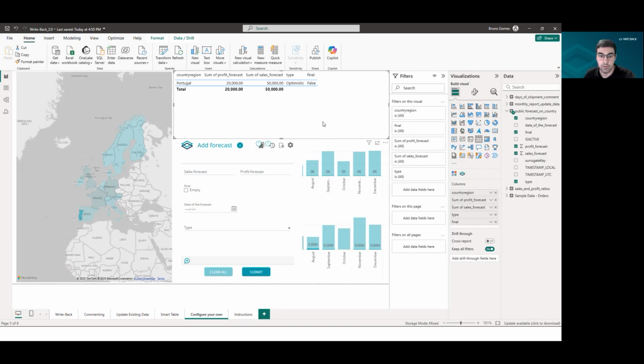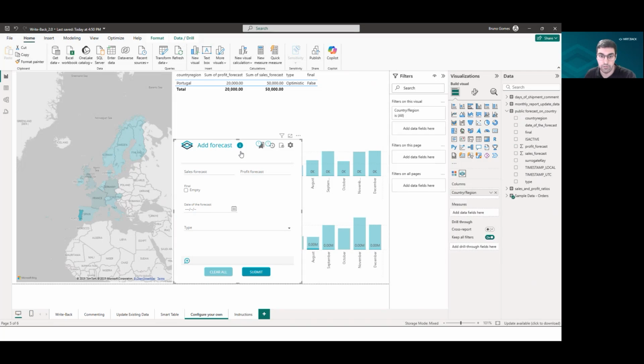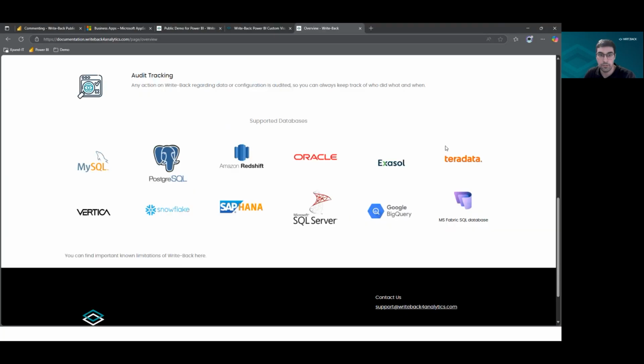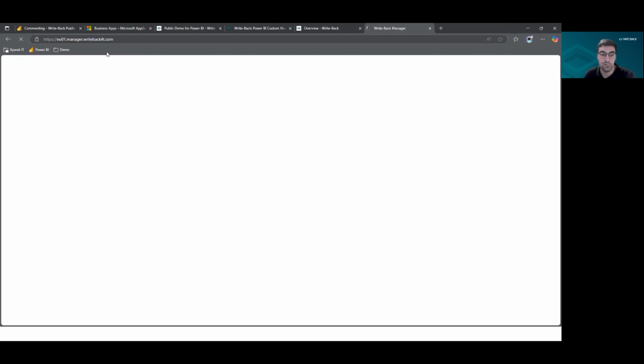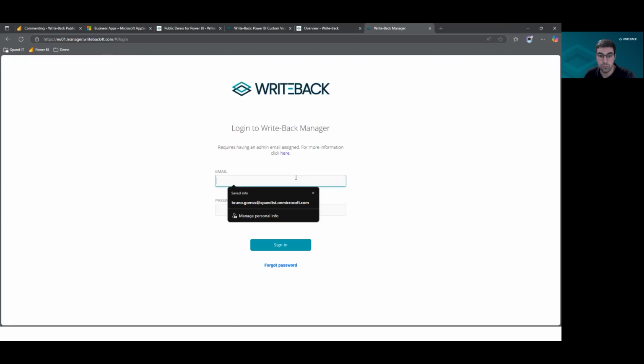One last thing I wanted to show is related to how you initially do the setup. If you're just going to try our live demo, that's using our public database, right? But if you want to try it for yourself with your own data, you will need to request the trial that I mentioned, and that will give you access to the RightPick manager. So you will have the RightPick manager, which is essentially a tool on the browser to configure the database connection. So let me just log in here